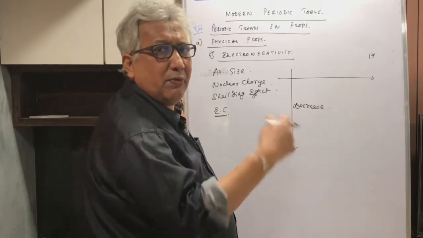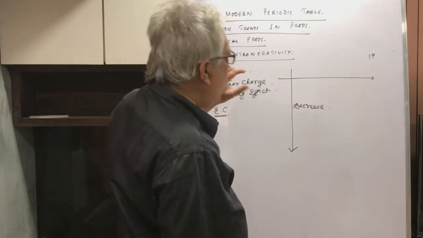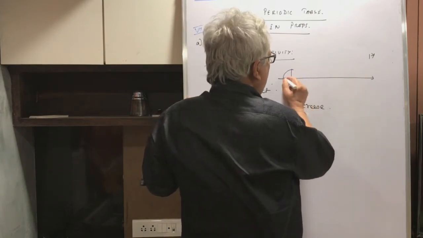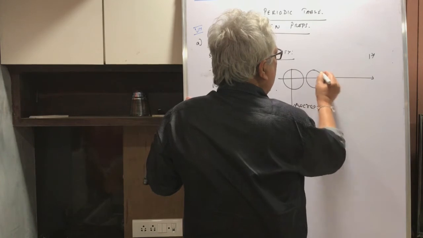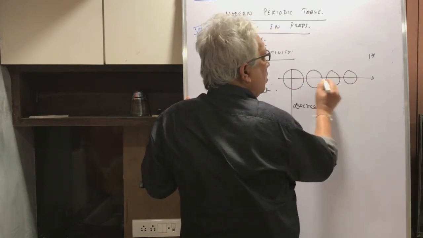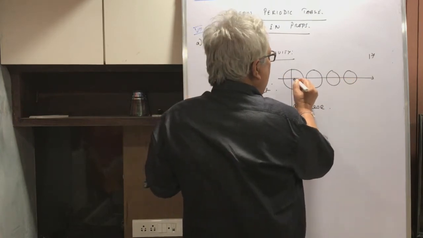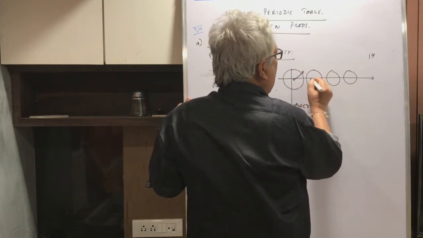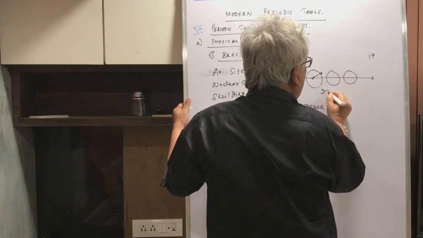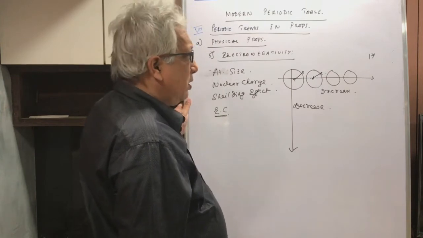So pulling electrons from others or giving a better share of electrons to others, the question does not arise. So when you go across a particular period, what will happen? The size of the atom will be gradually decreasing. Another thing is the nuclear charge also will gradually increase, and therefore the power to attract the incoming electron will become more, and therefore electronegativity will increase as you go from left to right. Is that clear?